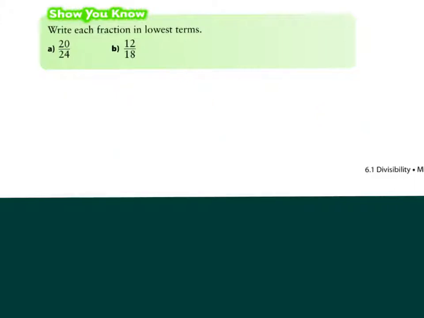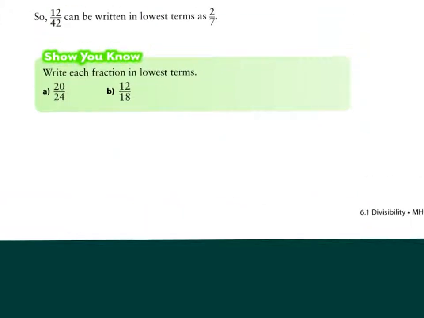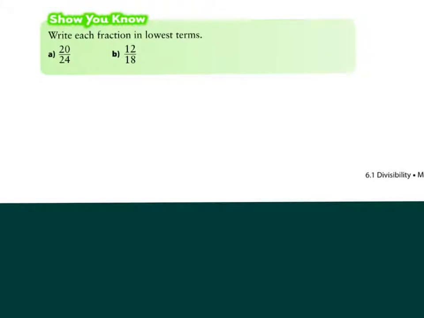The other fraction you were asked to do is very similar to that problem, 12 over 18. There's a couple of divisibility rules you could use here, but I think we're going to just go with the even numbers again. Cut them in half, divided by 2. 12 divided by 2 is 6, 18 divided by 2 is 9. Then I look at that again and say, well, I can't use the rule for 2 anymore because 9 is not an even number,